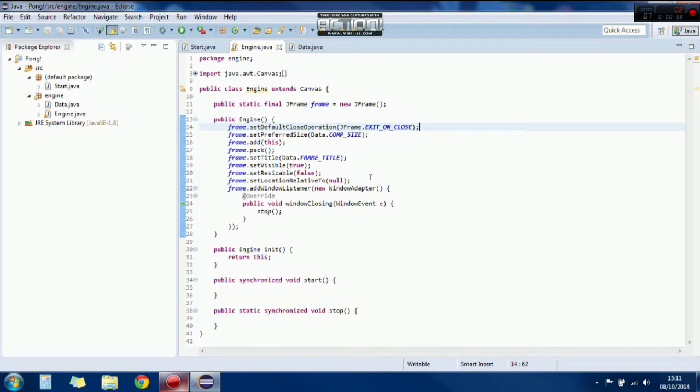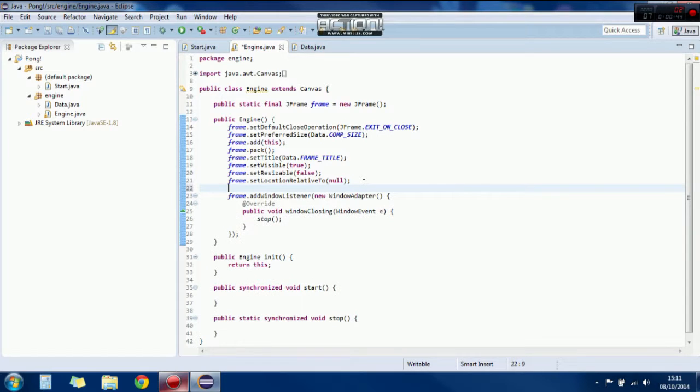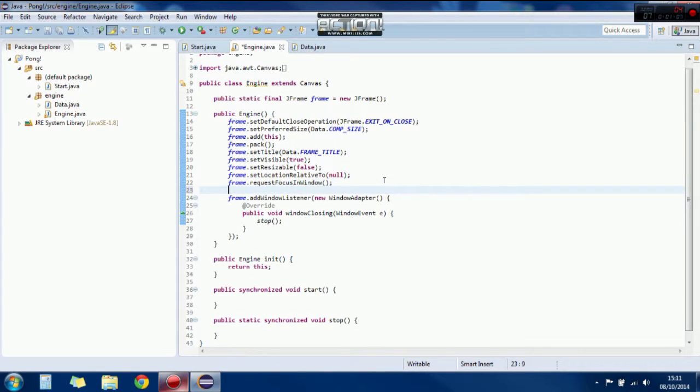One of them, below the location relative to method, I'm going to say frame dot add request focus in window. All that means is that you're going to be able to interact with the window when you click on it. So it's going to ask Windows to bring it to the front of your screen so you can use it. The next method I'm going to do is